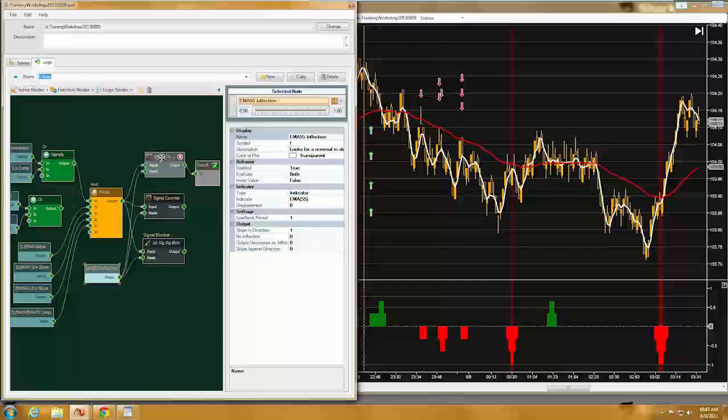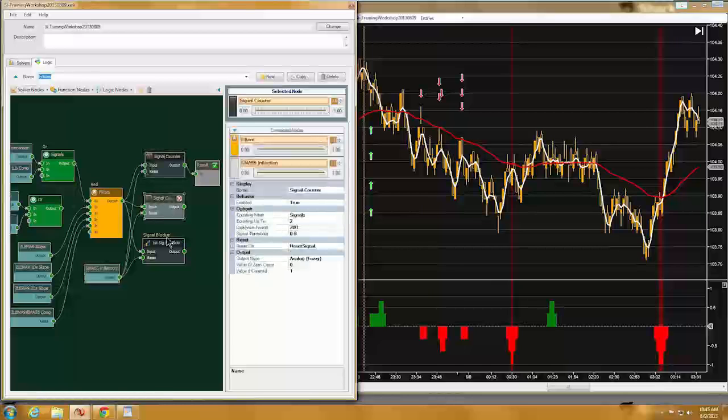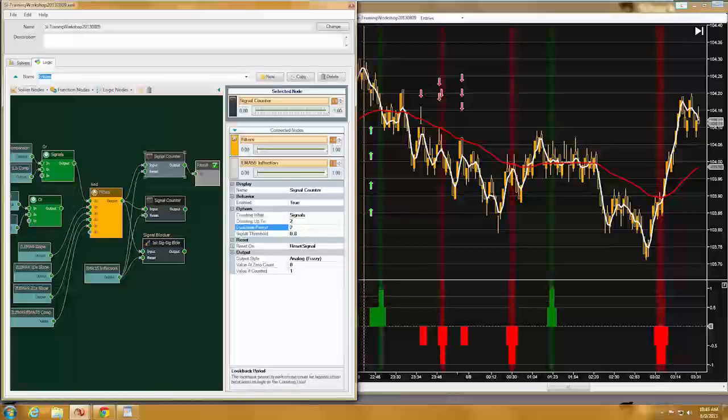Plug that in. All right, so as we look at this bottom signal counter, I have 200 in there. So I'll put 2 and 200,